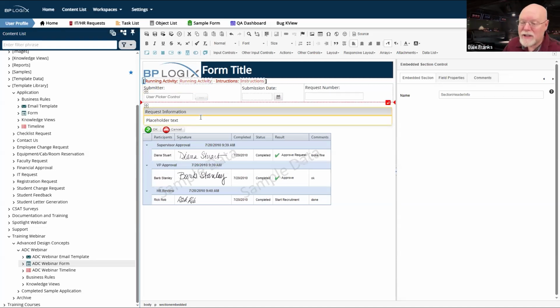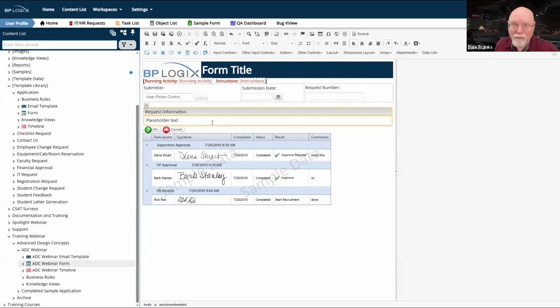So you can't make a section hidden and then make one of its constituent form fields visible, because it doesn't work that way. If you make the section invisible, none of it gets written to the HTML page of the form that gets displayed in the browser. So that constituent field that you've said, I want to be visible, well, sorry, it's not going to be, because you've made the parent control invisible. And so it literally doesn't exist on the form. And so your visibility setting for the constituent control is utterly irrelevant.